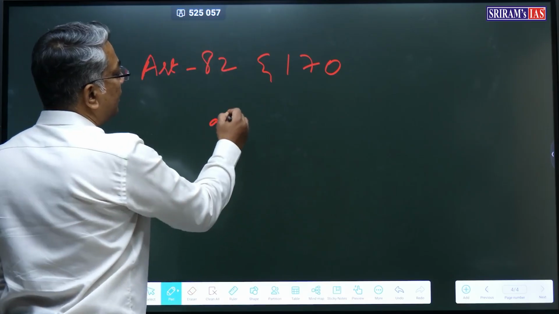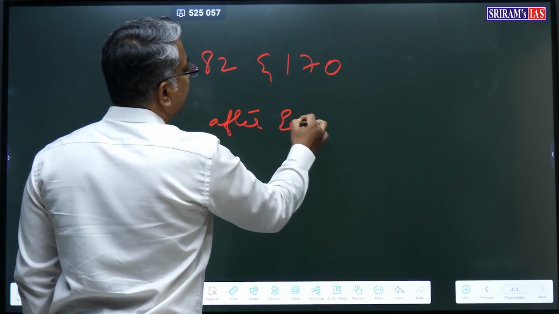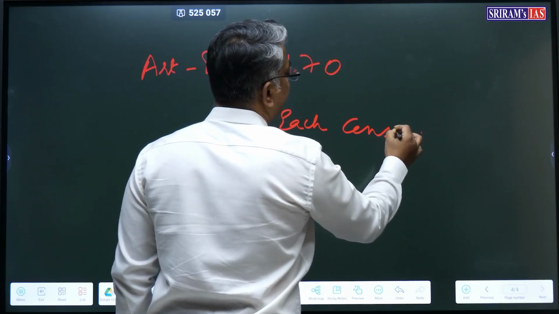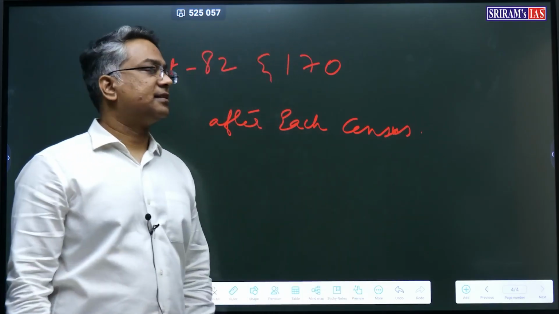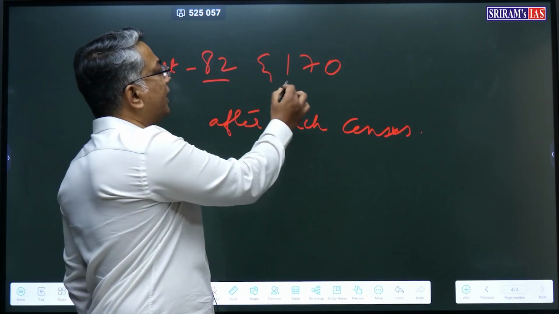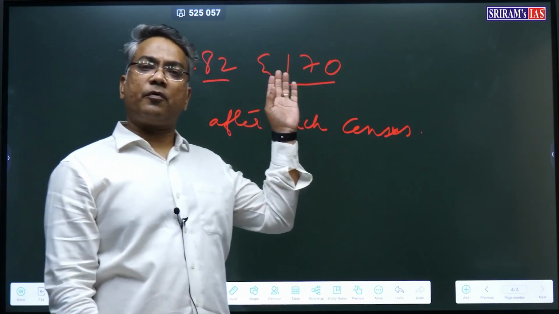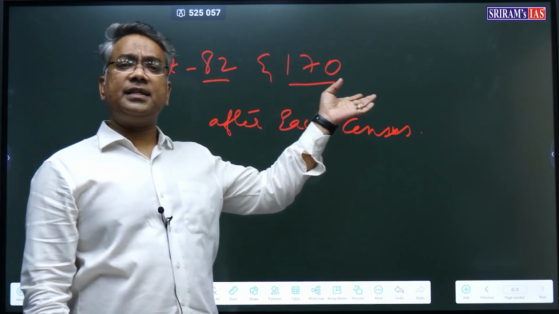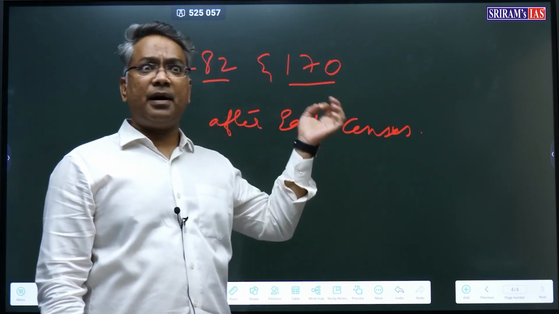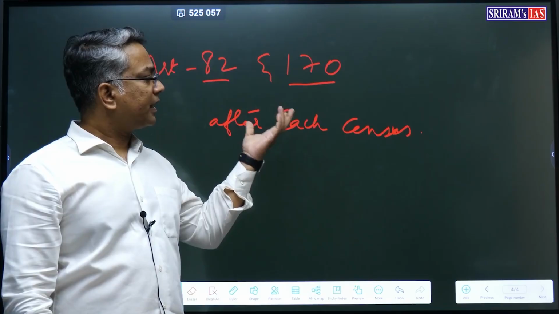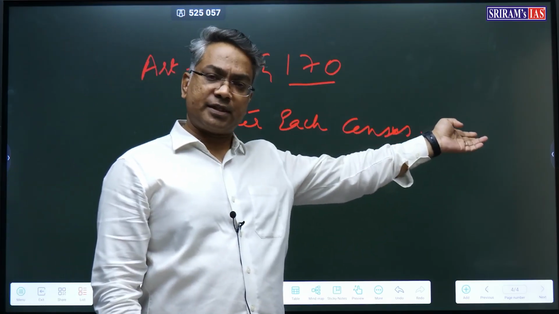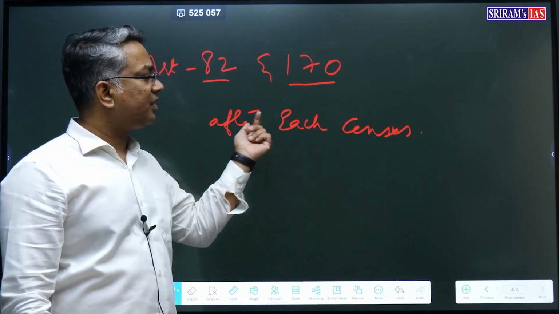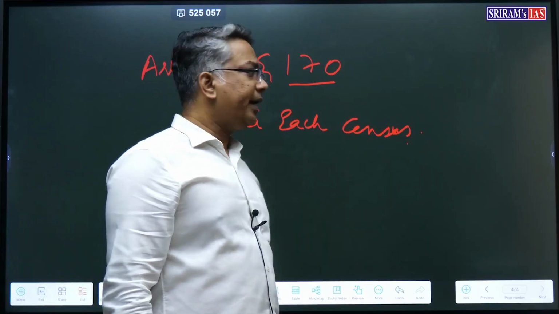After each census. So, Article 82 and Article 170 of the Constitution provide for the readjustment of the number of seats as well as the demarcation of the boundaries of territorial constituencies in each state for Lok Sabha and state legislative assemblies after each census. Okay, so